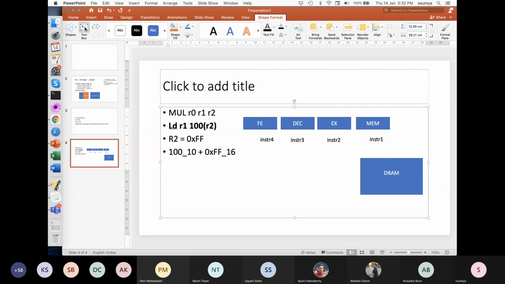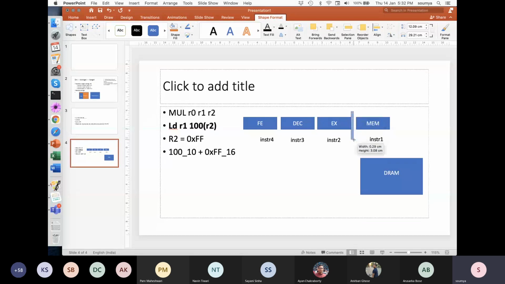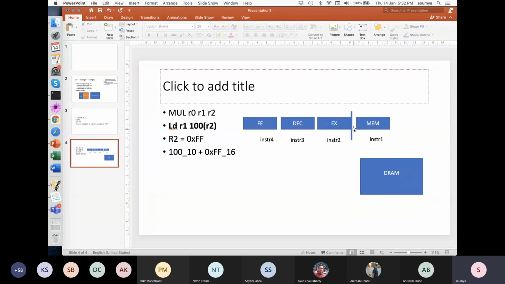Got it? Now since this access is very slow, this instruction will not be leaving this block as long as it doesn't get the data. And that can take tens or 20 of cycles. So as long as it doesn't get this data, it doesn't leave this block, and as long as it doesn't leave this block, everybody is stalled. That means they are all waiting. There are intermediate registers known as pipeline registers, and those values will be here like this, right? And everybody is stalled. The pipeline is stalled because this has not finished. So this is the structural hazard. Why?